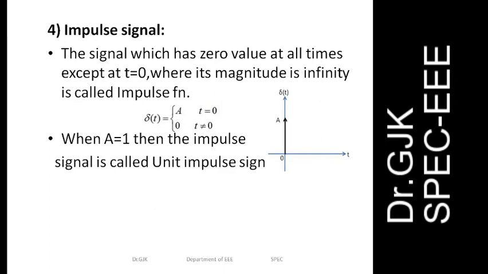Practically, it is not possible to generate this impulse function. Normally, the unit impulse function will be generated. For the unit impulse function, we consider a rectangular strip parallel to the y-axis whose area is equal to 1, and we call it the